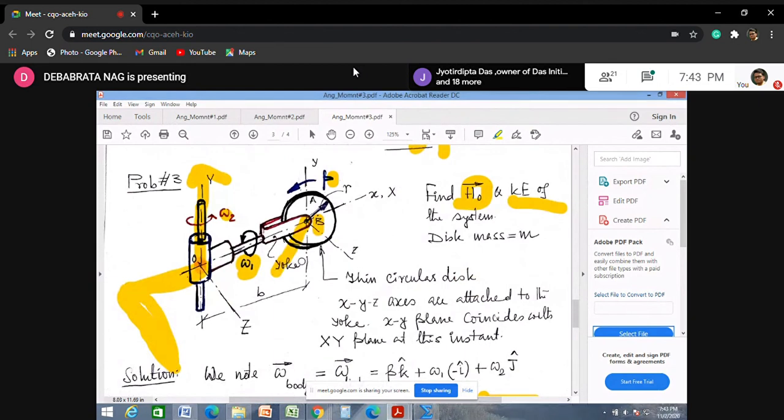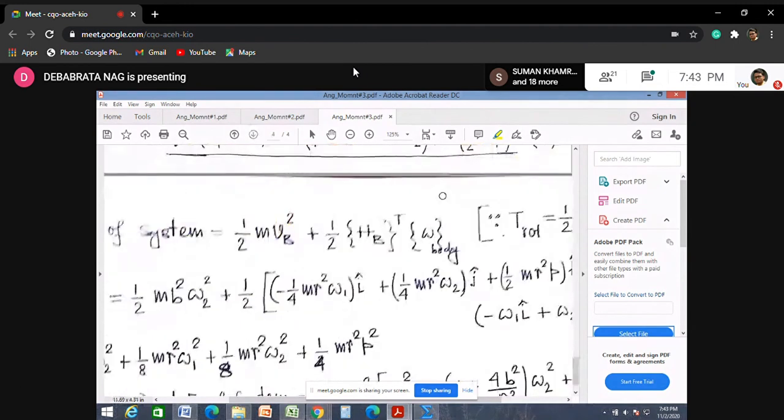So what do we need to do? Again, we need to calculate the kinetic energy with respect to the center of mass. And then we need to take into account the translational kinetic energy of the disk because of the velocity v, and then separately find these two energy components, I mean to say the translational energy and the rotational energy. Separately we need to find these two terms and add them together to find the total kinetic energy of the system.